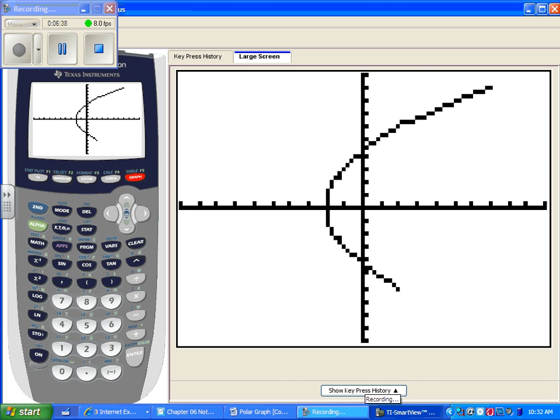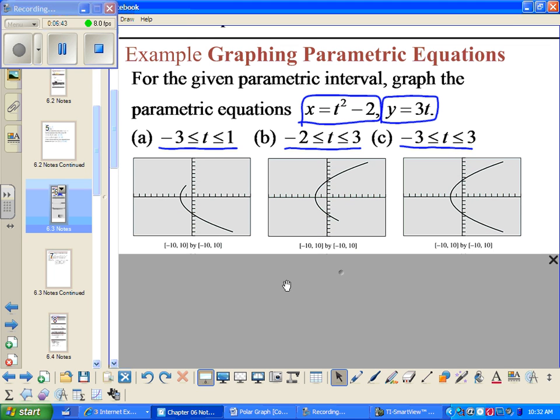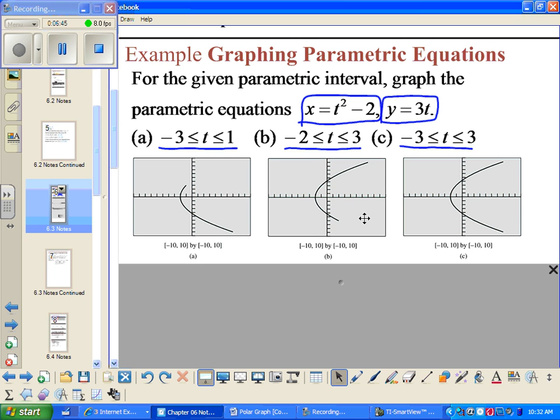If you notice, it does look different. I'll show you what the difference is here. I'll put the graphs side by side. These are the differences. And then I've also graphed negative 3 to 3. So you can see how if you change your interval for t's, it'll change where it graphs on your coordinate grid. And then obviously, the larger your interval is, the more graph you'll have, especially in this